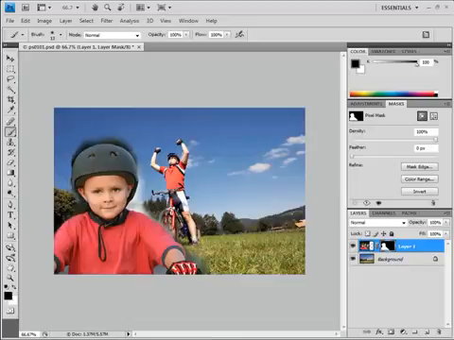I'm going to throw in some tips here that you'll also find later throughout this book. If you just simply look at your keyboard, you'll see two brackets to the right of the letter P. If you press the right bracket, your brush size becomes larger. If you press the left bracket, your brush size becomes smaller. If I press the right bracket and make this larger, it's still maybe got a little bit too hard of an edge for me. I can press Shift right bracket to make my brush harder, or Shift left bracket to make my brush softer. You see I now have a softer edge in here,